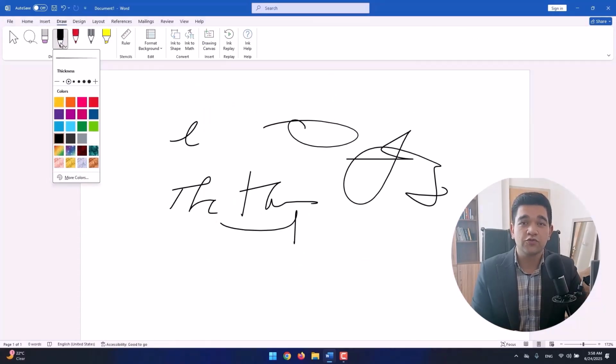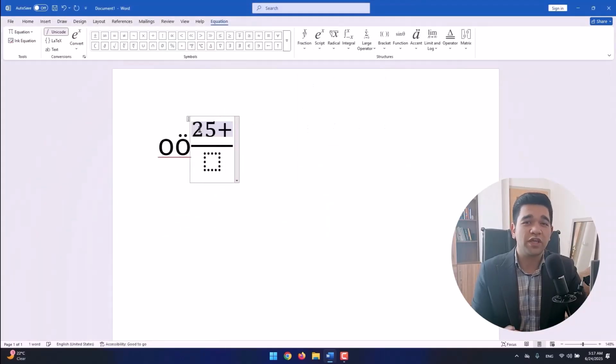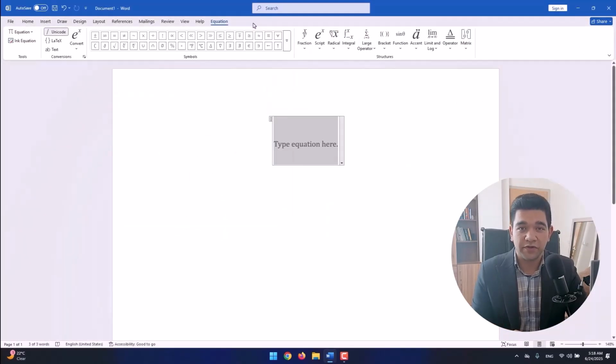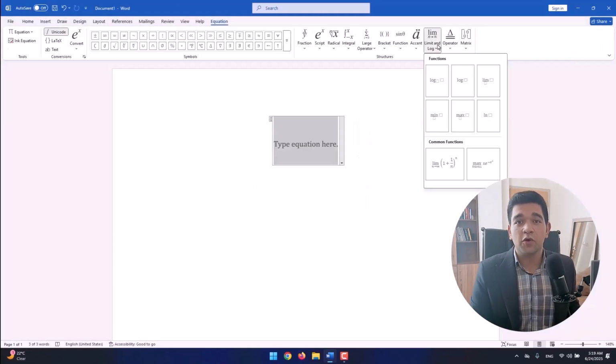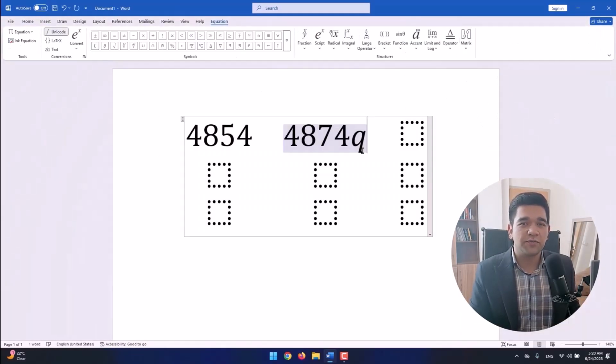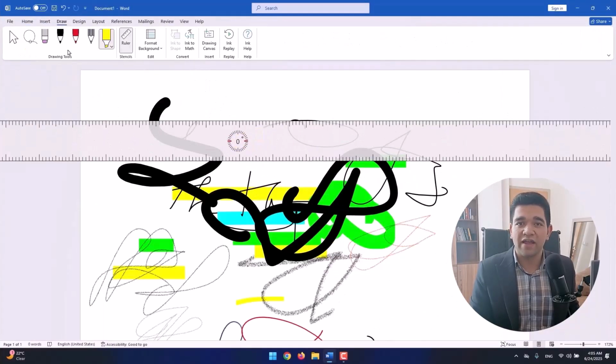We're going through drawing tools and symbols in Microsoft Word, equations, mathematical equations, and how we can add them to our documents, and all those pro tips that you need in order to become a professional